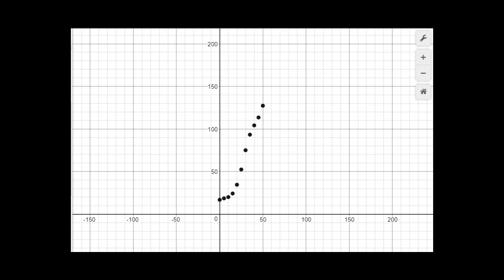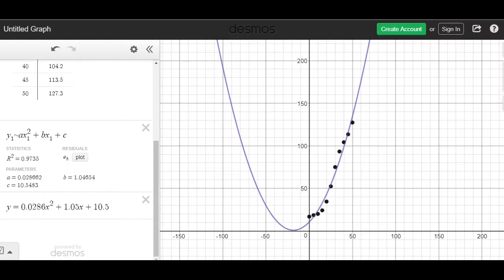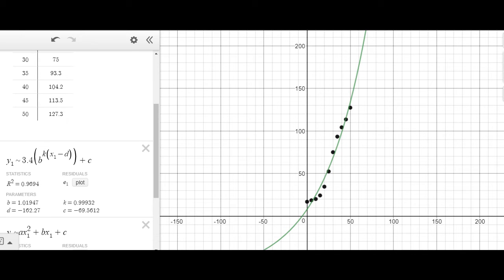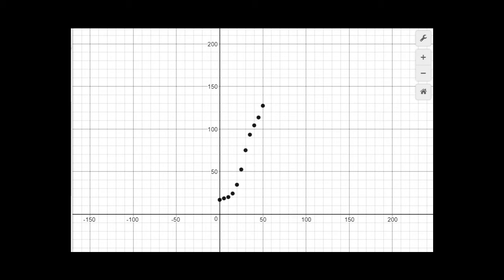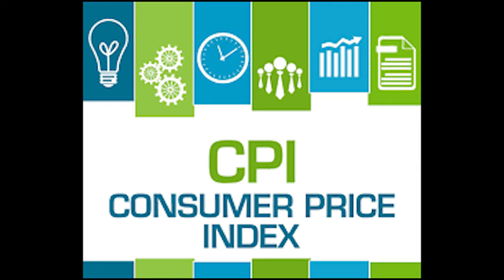Given just this set of data and not knowing the context, I concluded that a quadratic regression and an exponential regression would be the best fit for this data. This is because the graph begins with points on an approximately flat slope and then starts increasing at a higher rate. Once I was given the context that this scatter plot represents the CPI index over the years,